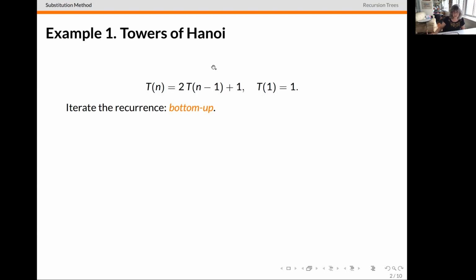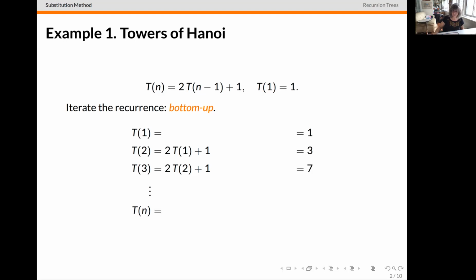One of the ways that we do it is to iterate the sequence. If we iterate the sequence, then we consecutively find the numbers. First of all, t of 1 is equal to 1, that's the initial condition. Then t of 2 is equal to 2 times t of 1 plus 1, and we evaluate the actual number, which is 3, and then we get 7, and so on and so forth. So we can evaluate the sequence of the first